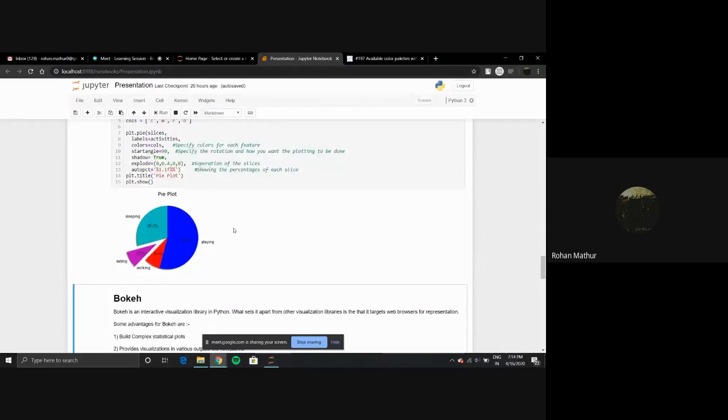One disadvantage is that any dimensions greater than 4 or 5 elements look bad on the pie plot, and it's usually hard to differentiate between the different elements. Here I'm just using 1, 2, 3, 4. If there were around 10, it would have been difficult for me to visualize here.